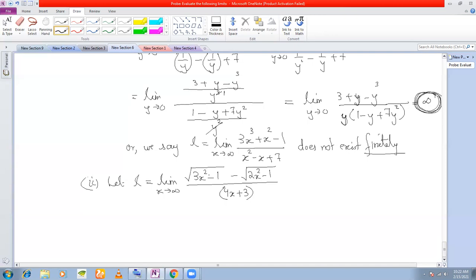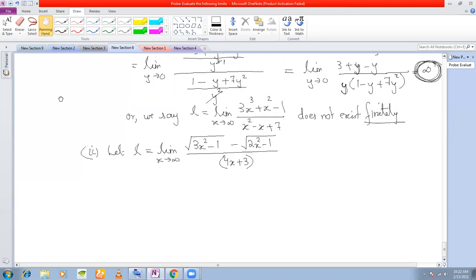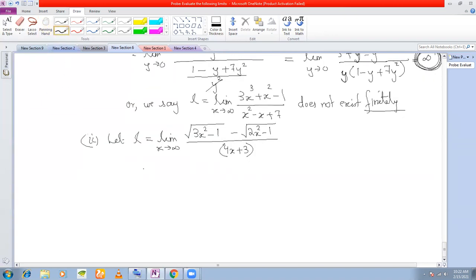So a particular limit can exist infinitely, but when you're talking about the left hand and the right hand limit, how will you compare them? That becomes a problem. So a limit can exist infinitely mathematically. If you are going deep into mathematics, it is possible. But for your level, we don't normally consider infinity. Now look at this sum.